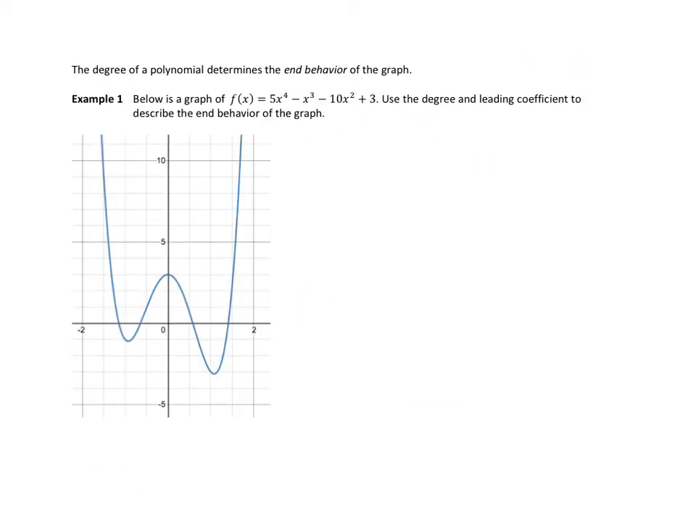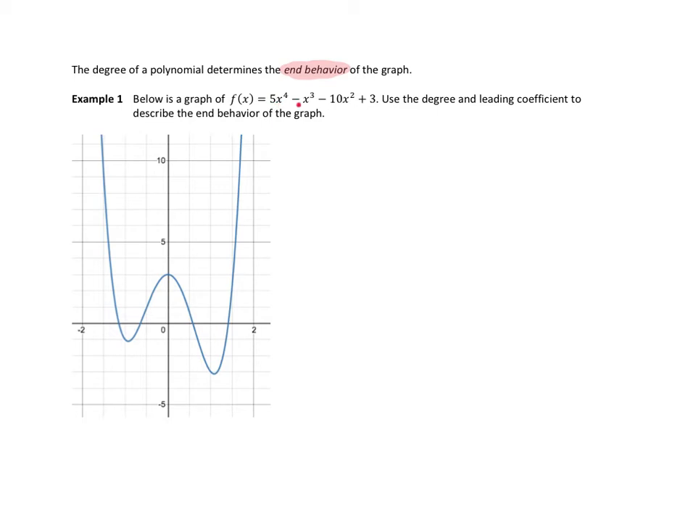Before we look at example 1, I'd like to define something called end behavior. This is a term that's used to describe what is happening on the ends of your graph. It turns out that for a polynomial, the degree will tell you a lot about what the ends of the graph look like. So let's check this out in example 1,